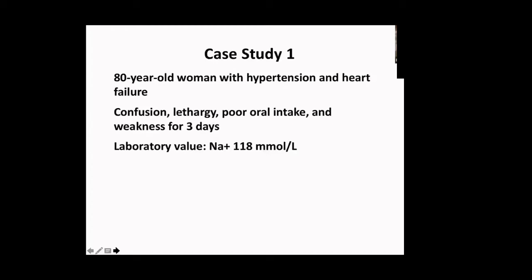Now, the basic question is why she is having hyponatremia. She could be on some antihypertensive medications which lead to hyponatremia. Heart failure medications like diuretics lead to hyponatremia. Her poor oral intake can also lead to hyponatremia. Or, she may not be taking her medications, as a result of which she could have landed in hypervolemic hyponatremia. So it is a case of hyponatremia that could be either hypovolemic or hypervolemic. Our basic aim is to differentiate these two, because the treatment of the two differs accordingly.